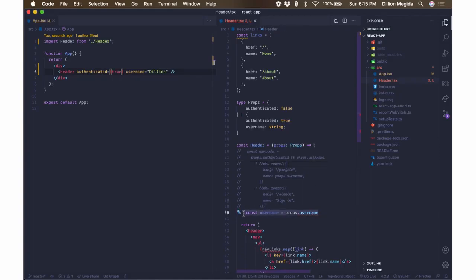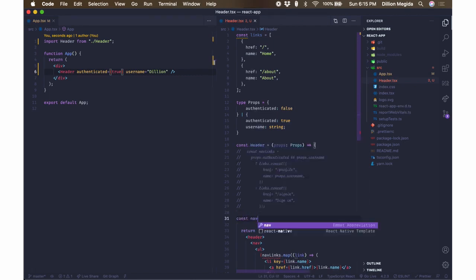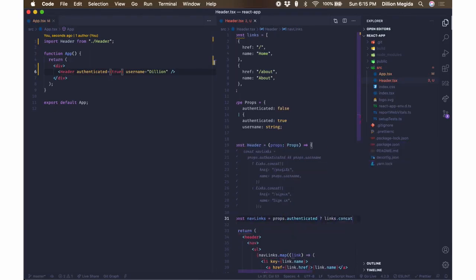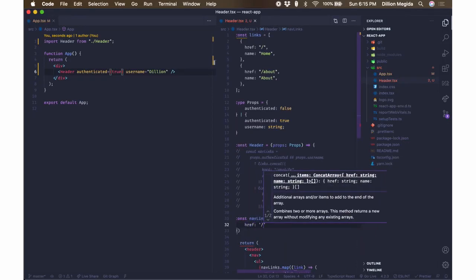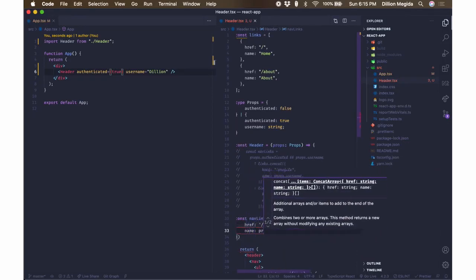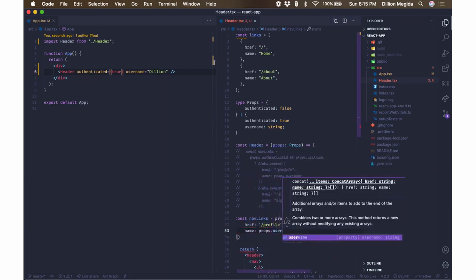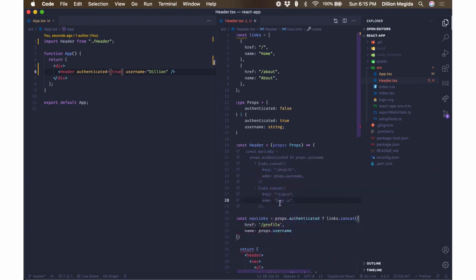So now we can have our nav links to be this. Because nav links is equal to, if props.authenticated, then we're going to concatenate href of profile and name to be props.username. You see, now props.username exists because TypeScript is aware that authenticated is true. But then, using the other part of the ternary operator,